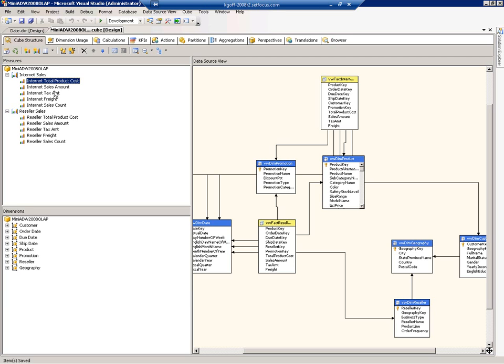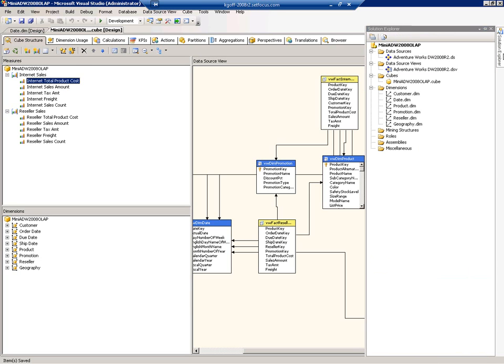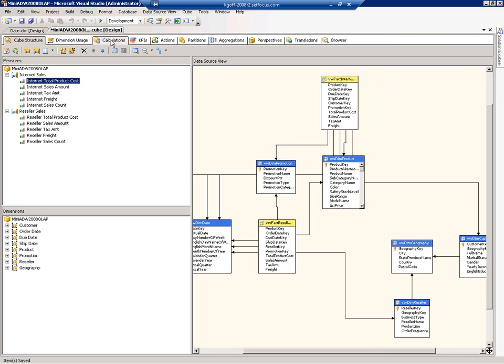Now this is something we need to put as an on-the-fly calculation. You would not want to store something that involves division in the fact table. You'd want to calculate this on the fly because anytime there's a roll-up that occurs, you want to take the sum of the sales amount and the sum of the product cost to determine the percentage. So what we're going to do here in Solution Explorer for the cube itself,